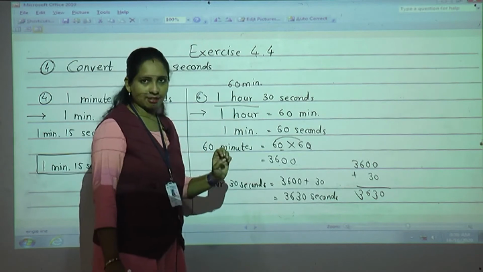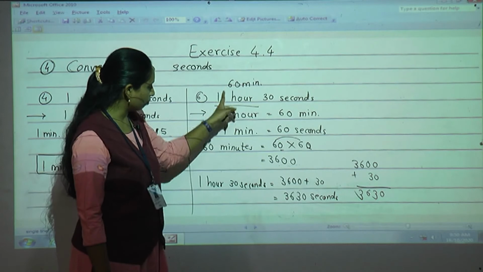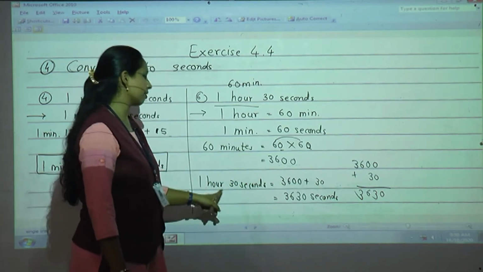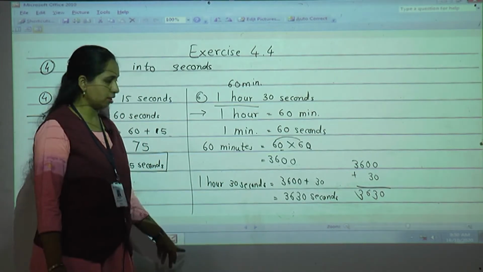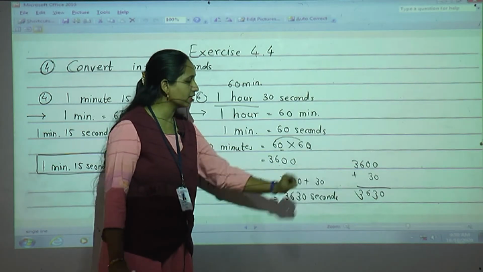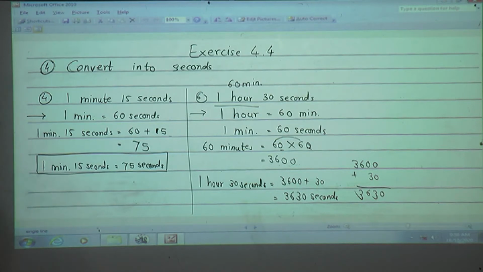Here the answer is not completed. Here 30 seconds are there, we have to add those 30 seconds also. So write once again 1 hour 30 seconds, the question given, or else you can write 60 minutes 30 seconds also here is equals to 3600 plus 30. So when we add this both the number, we get final answer is 3630 seconds. Clear? Yes. Now here, to make you confused, one more question they had given, that I will solve for you, 7th one.